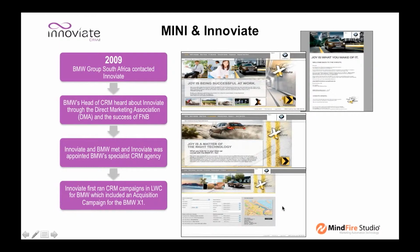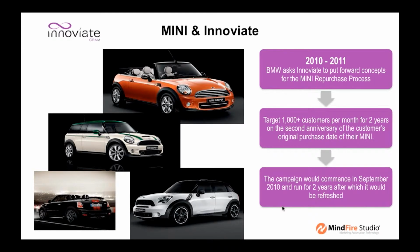As a result, if you go to the next slide, they then asked us to put forward concepts for the Mini repurchase process. This was between 2010 and 2011. Essentially, it was to target about 1,000 or so customers every month on the second anniversary of the customer's original purchase date of their Mini. These customers had had the Mini for 2 years. They were coming up for repurchase, and they wanted the campaign to run for an initial two-year period from September 2010. So they asked us to put some concepts together, and if you go to the next slide,